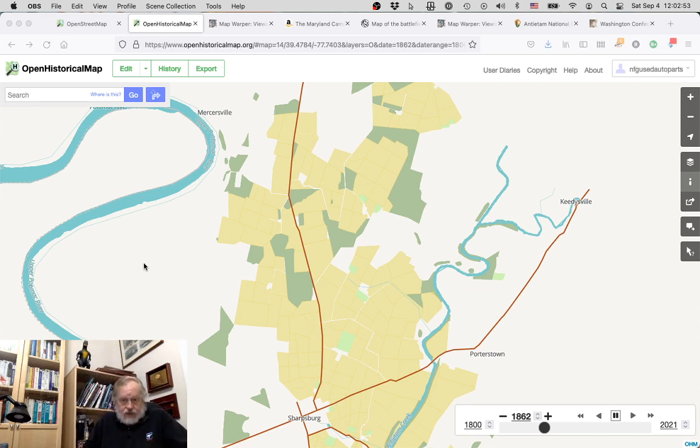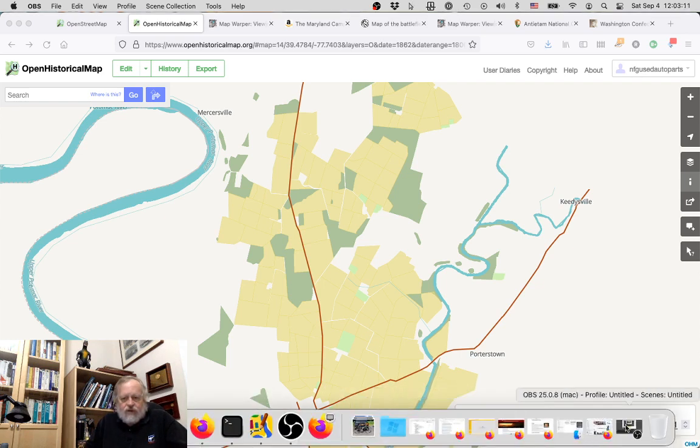So today we're doing OpenHistoricalMap again. We're going to be looking at a completely different topic in OpenHistoricalMap. What we're interested in,